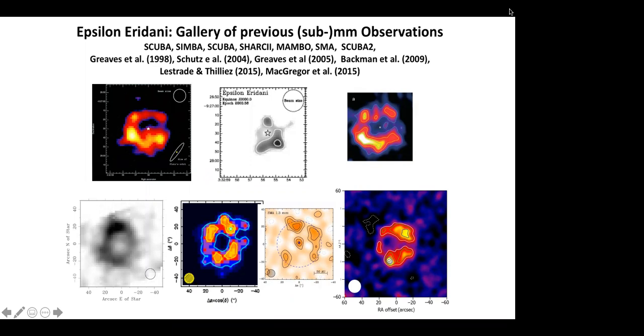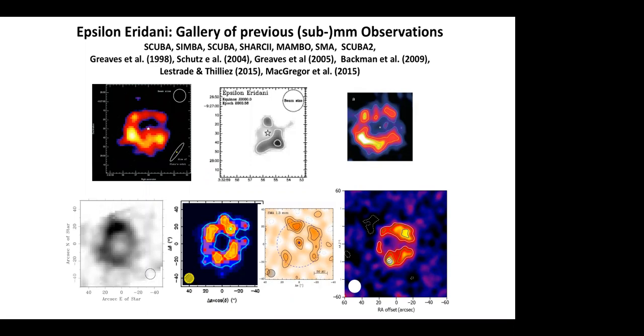In this case, the images you see here are historical images of the millimeter continuum obtained by SCUBA-2 and different instruments on different facilities. They all look like a circular disc-like structure, about 60 astronomical units in diameter, roughly the size of the solar system, which got people very excited. And this is the start of what's really dominating the use of ALMA today, the really exciting science on protoplanetary systems and planet formation.